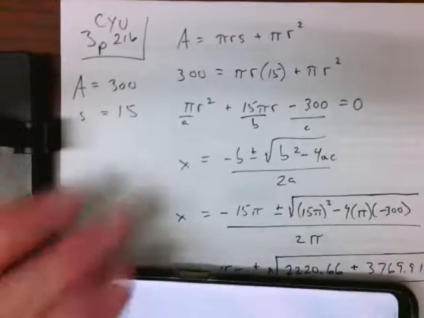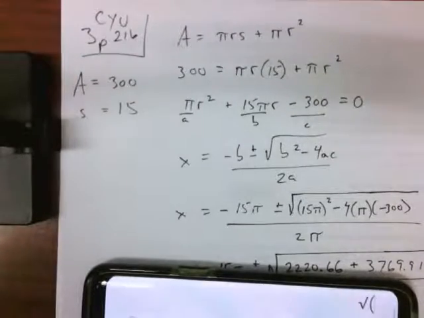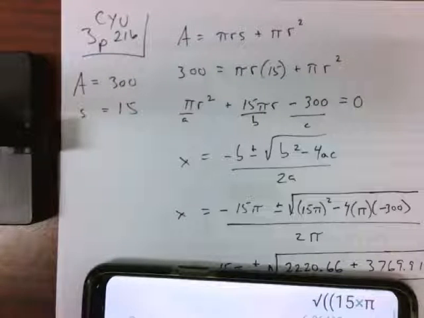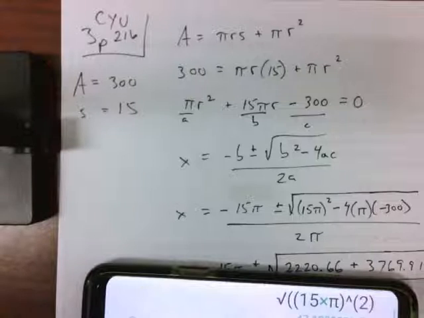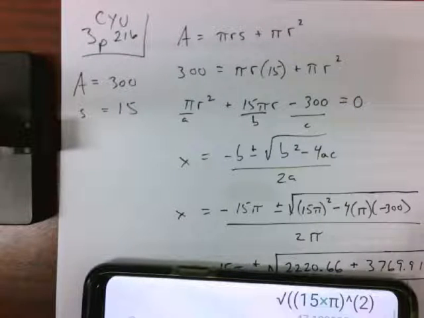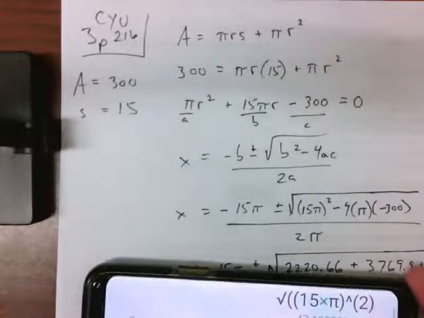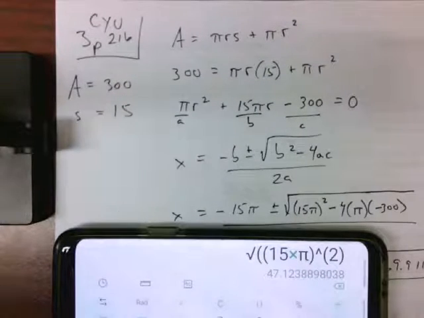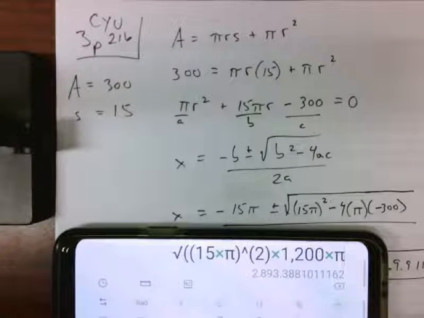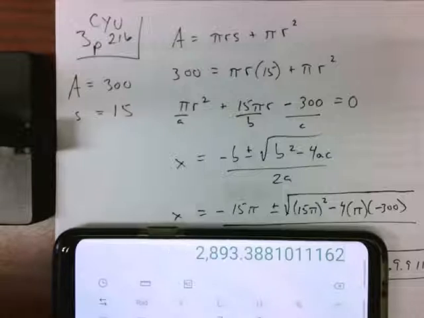So it's going to be the root of 15 pi, I'm going to close that bracket and square it. 15 pi squared minus, actually, those minuses cancel, so I'm just going to punch it in straight away. So 1200 pi, I'm going to close that last bracket on my root, equals